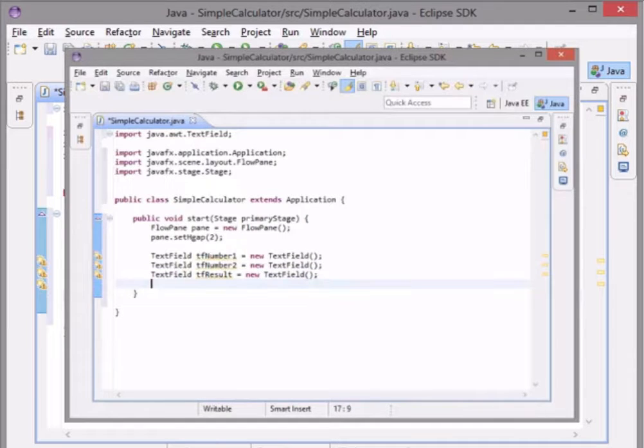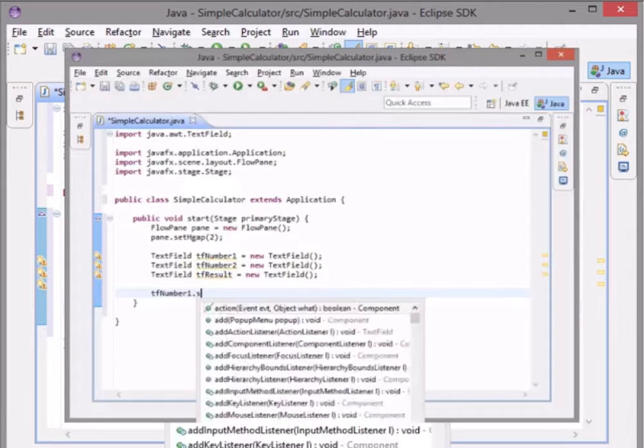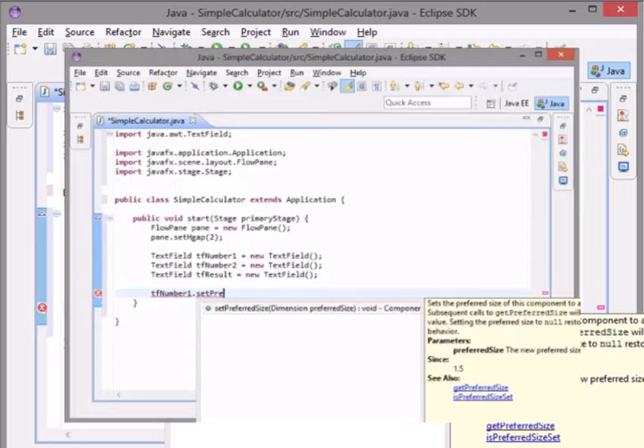Next up, we're going to set the preferred column count of our text field, in other words, how many characters it kind of expects to be entered. So we do this like this: tfNumber1.setPreferred